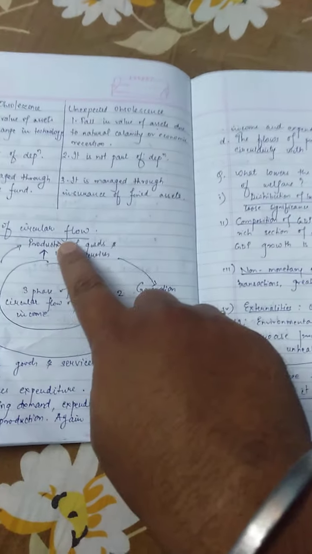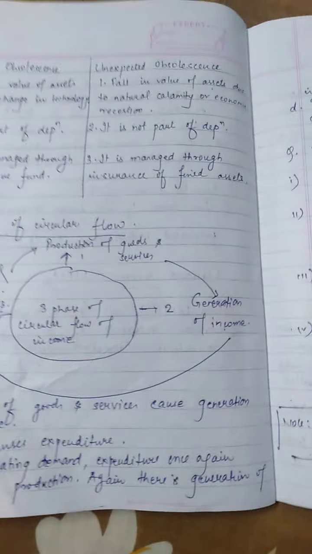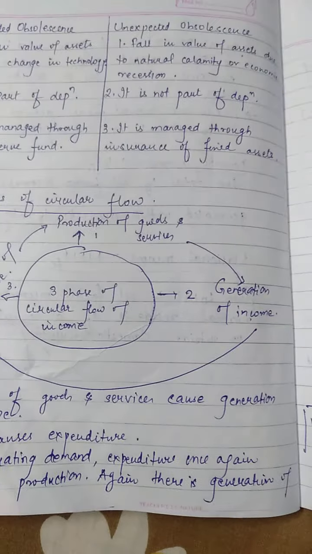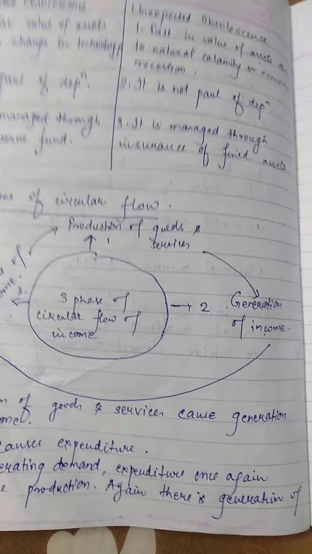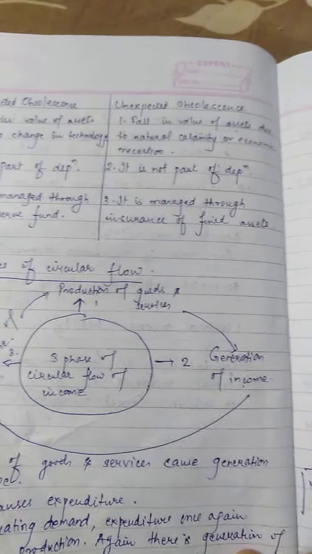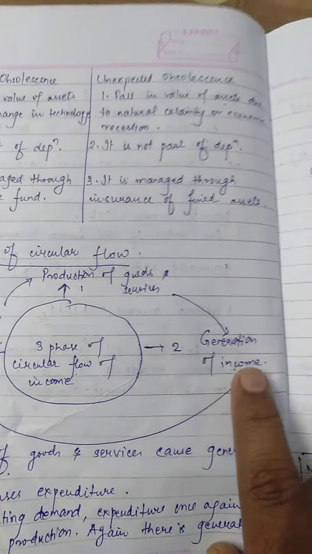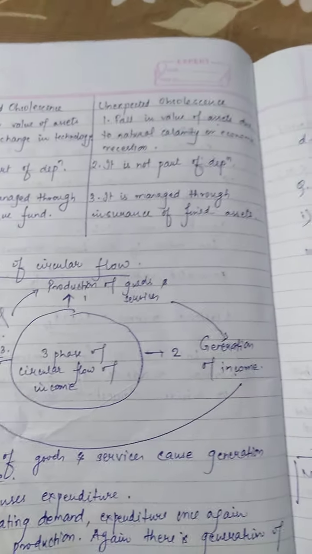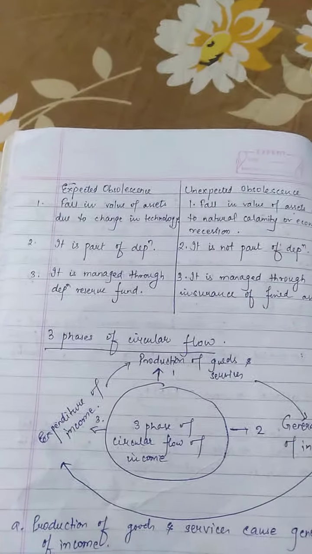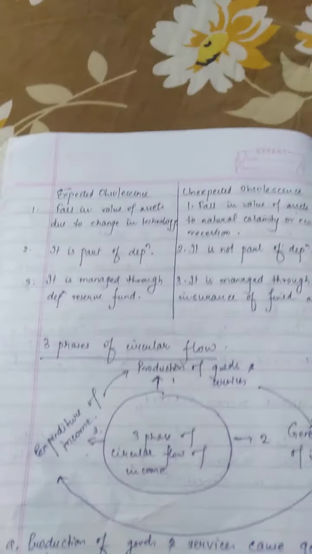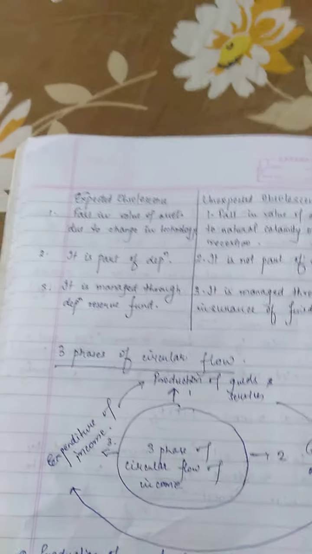if I am a producer and I am producing goods, when I produce these goods, I go to market and I sell these goods. When I sell the goods, I receive some income. Let's suppose I receive 100 rupees. Now when I receive 100 rupees, I do not spend the entire 100 rupees as expenditure. I keep aside some rupees, let's suppose 20 rupees, and the rest 80 rupees I spend.